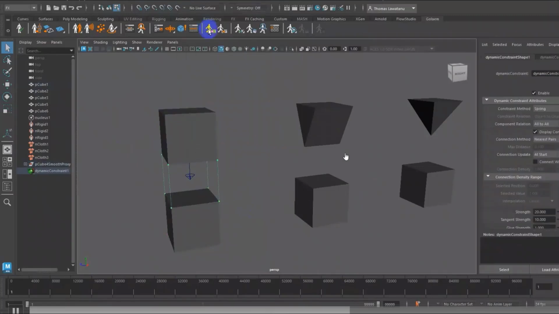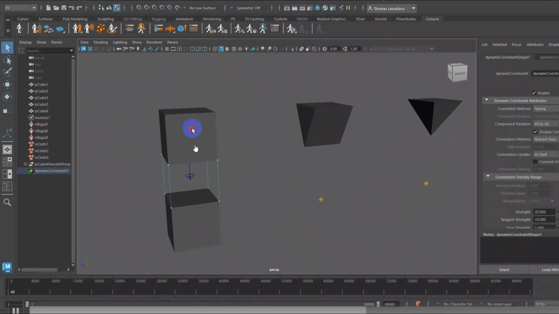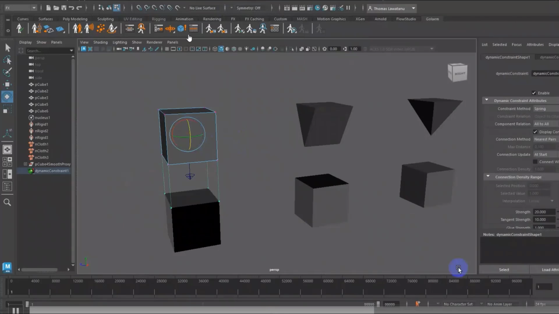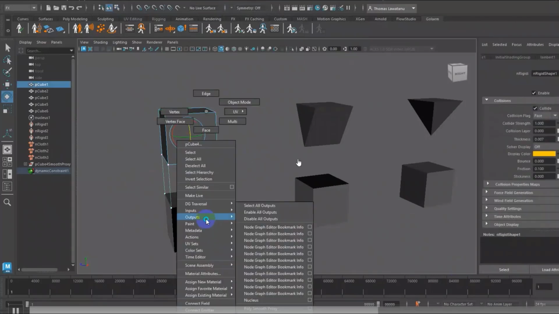So let's say you want to connect, you can go to the constraint, component to component. But something happens: the object stays because all the things are linked, now it's a linkage, but this is not our goal. This is tough. You need to play, but you cannot play from here. You need to go to the constraint and then play.